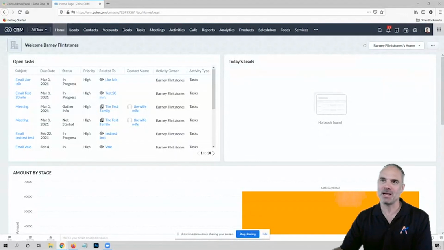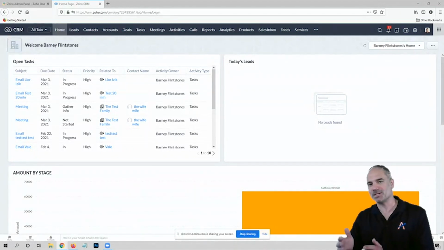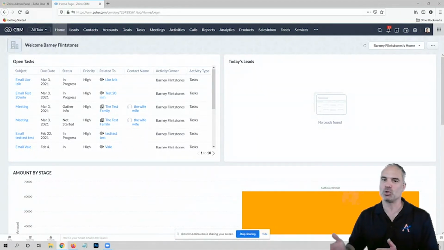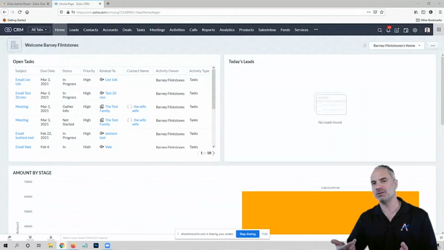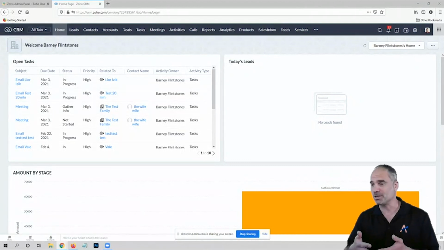The problem again, when it comes to making the phone calls, is the dialer itself. The phone system that I recommend needs to have an SMS component to it, because SMS is closing business. It's a must. The SMS needs to be working based on automation, so I can automate text messages without me actually clicking on buttons. The system is doing it for me, which is also a big factor.